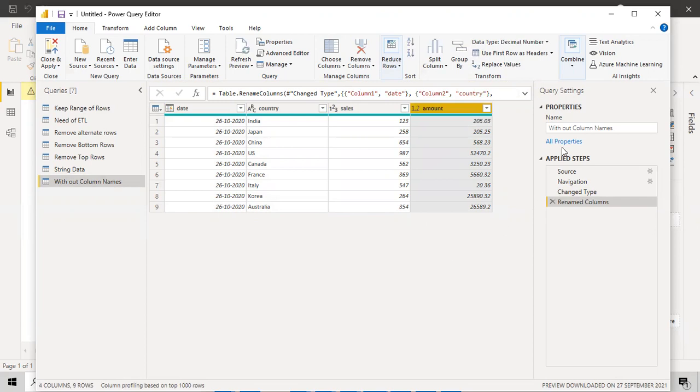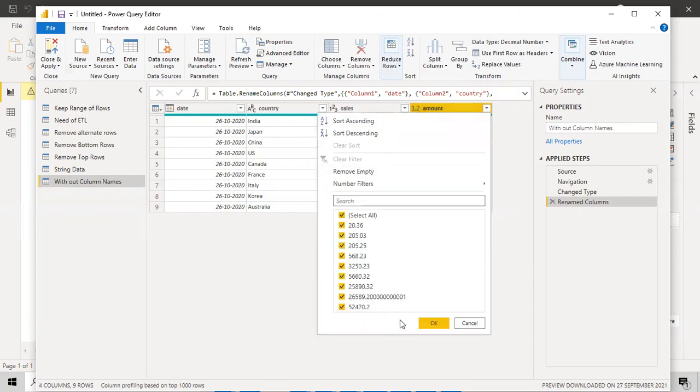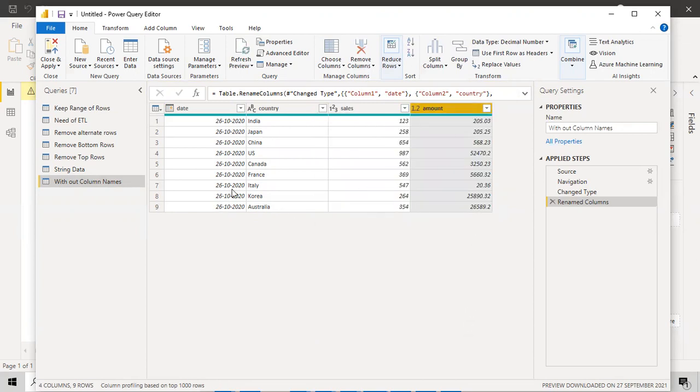That's it. And if you want to rename the table, you can rename from here, or else you can double click and rename from here also. So you do have two options to rename the table. And for the column, you can double click over here, and you can even filter over here. You can filter here also, but it doesn't replicate over there. So that's it. It's just a test case only.